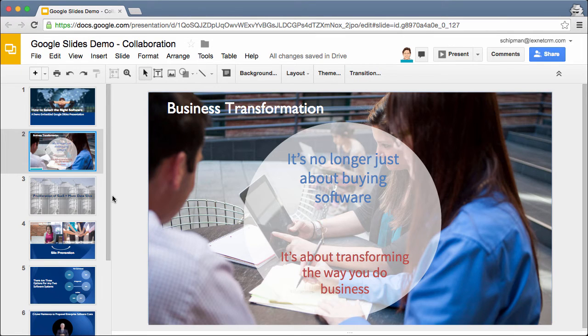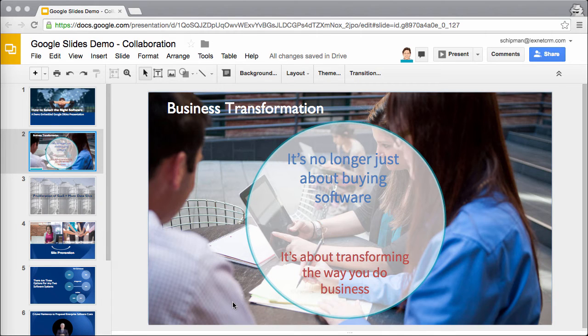Now, let's say that John wants to make some edits to the slide as we're discussing it. So if he, for example, clicks on the shape and decides it should be moved, I'll see in real time that any changes he makes, like moving a shape or changing the shape, will appear on my screen. And similarly, if he clicks into a text box, I'll see a cursor with his name pop up. And as he makes edits, such as typing in a new word, I'll put in the word new, I'll see that that edit is made instantly, and I'll see that he made it. If he changes focus within the same slide by, say, clicking on the background, I'll see that as well.